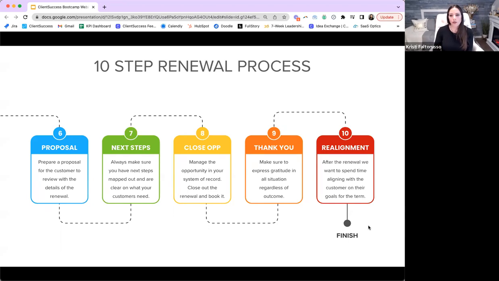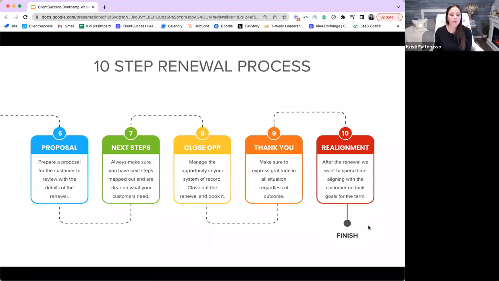So we make sure we've extended our process to have this realignment meeting, which is basically an opportunity for us to obviously express our gratitude again in a formal meeting, but then to also say, now that you've decided to continue with us, we're moving forward, what does this success plan look like for our next term? Right? What do you need to see from us? How do you intend to use the software? What are your plans? Honestly, from their perspective, what is their journey looking like in their organization? And then what role do they see or envision us playing? So it's